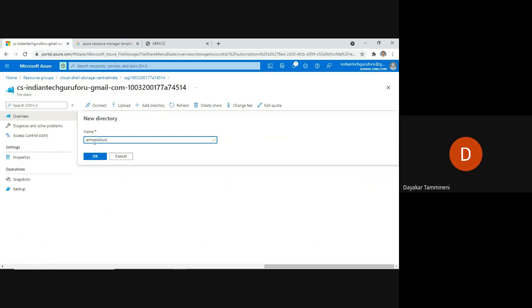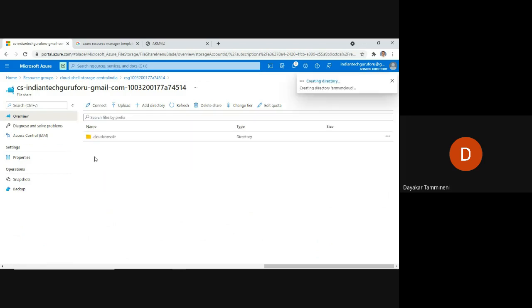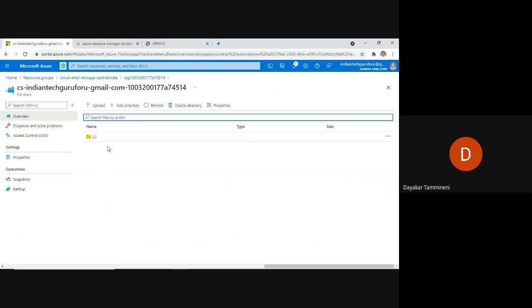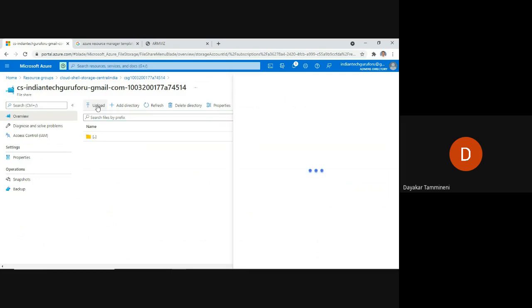I want to create a virtual machine from the ARM template using the Cloud Shell. Just click on OK. Now click on this particular folder and click on upload. I'm going to upload these two files to this particular cloud drive.